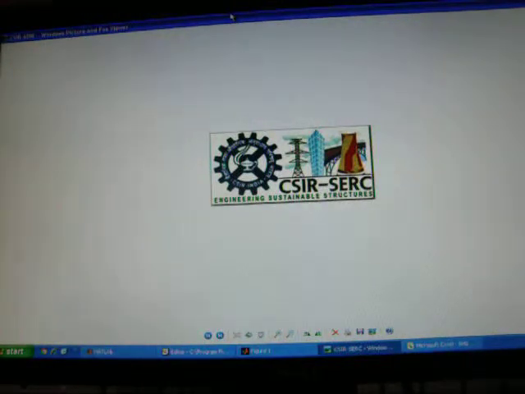Welcome to the Structural Health Monitoring. We, the students of Vailtech University, have done a project in CSIR Chennai on development of algorithm for dynamic responses in civil structures by wireless sensors.